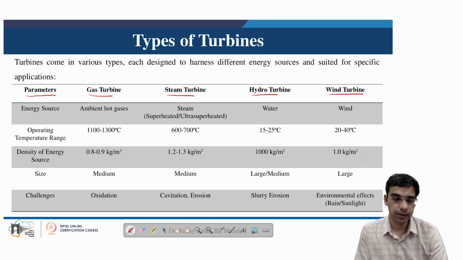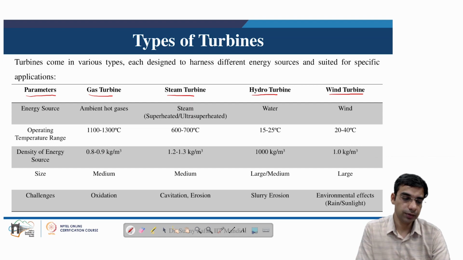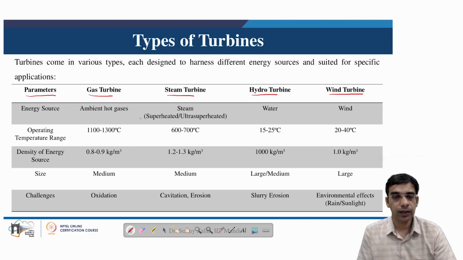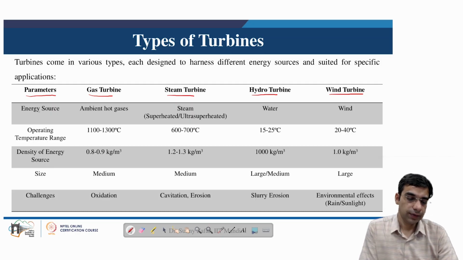What parameters make them different? It is important to understand how these parameters influence the working conditions of the turbine, and subsequently the working conditions of the turbines are mapped to what materials go into manufacturing of these turbines. And once the materials are mapped, the selection of the appropriate manufacturing process has to be done in order to manufacture these turbines.